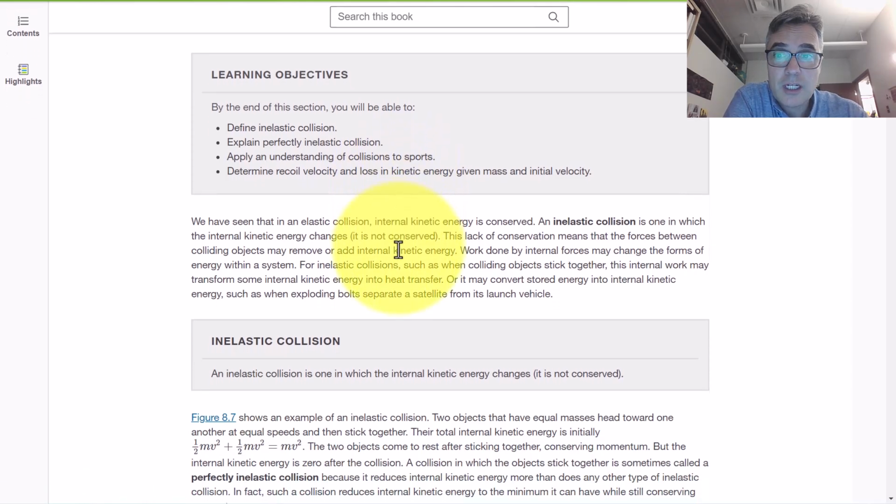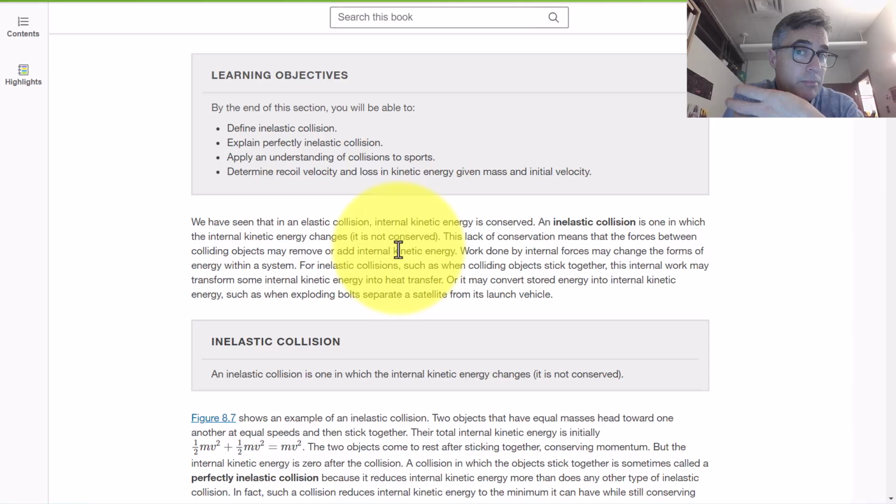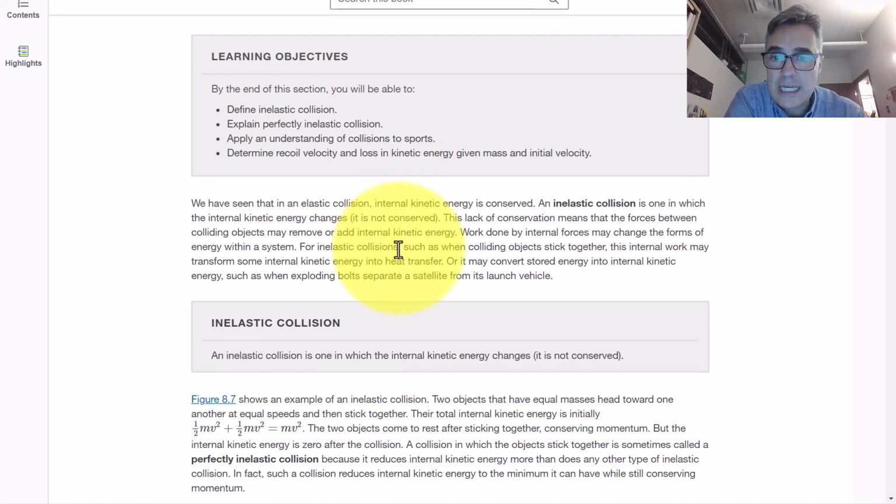Inelastic collisions in one dimension. So we have talked about elastic collisions in which the kinetic energy before of all the parts is the same as the kinetic energy after of all the parts. But in real life, that very rarely happens. There are lots of ways that energy can be used up during a collision, such as internal friction or damage of the two objects. Energy usually gets taken away.